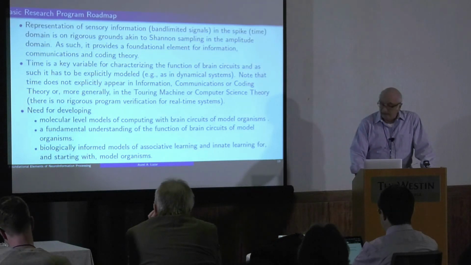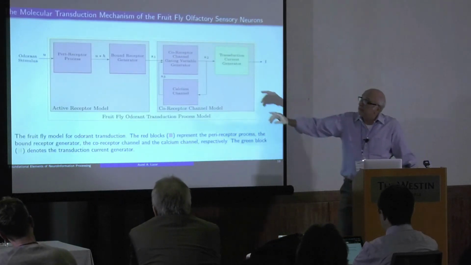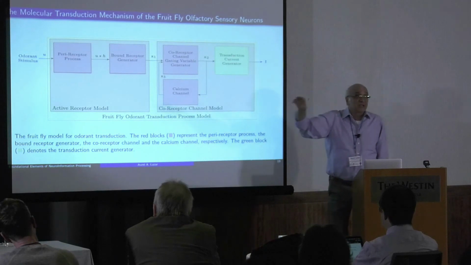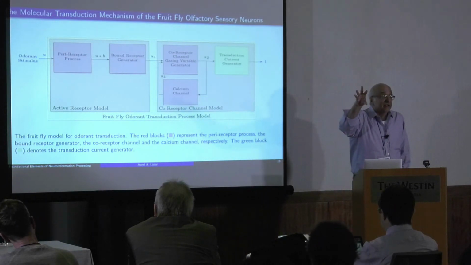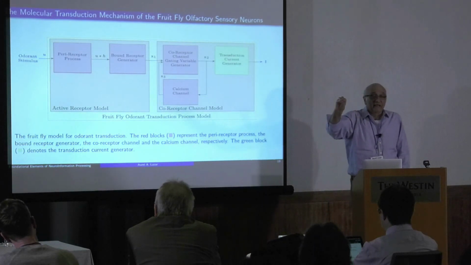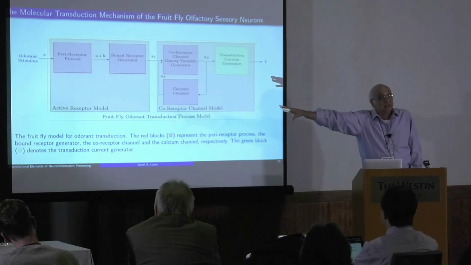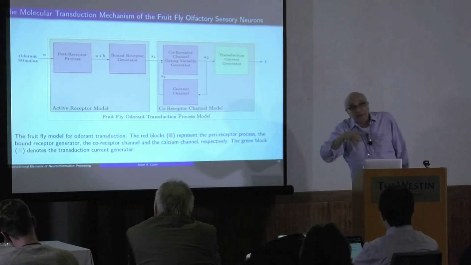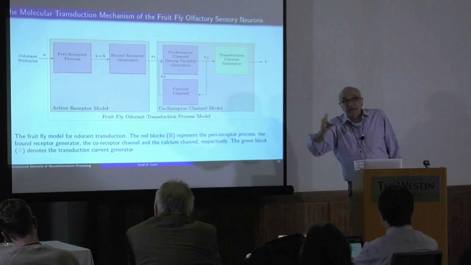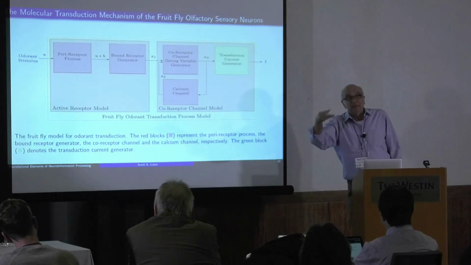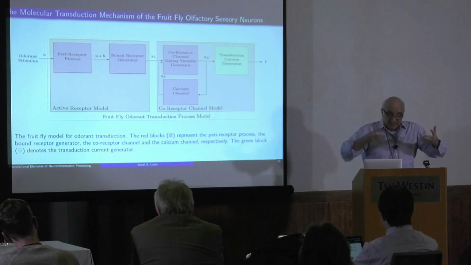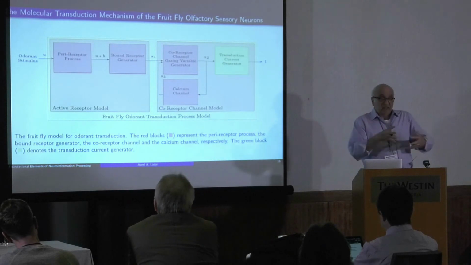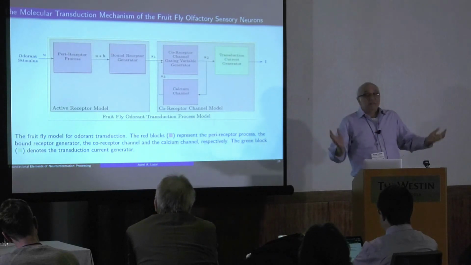Here, you see the first time where this appears is that the odorous stimulus actually has an identity. The identity is most likely recognized on the molecular level, and that information has to be somehow transmitted, has to be formalized, has to be presented. And information theory alone doesn't do this, because a bit is a bit, and there's no distinction between those.